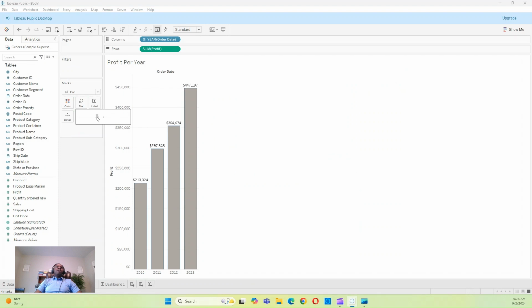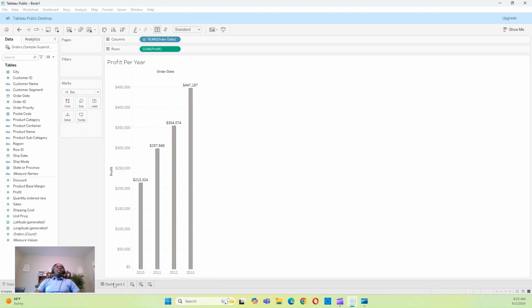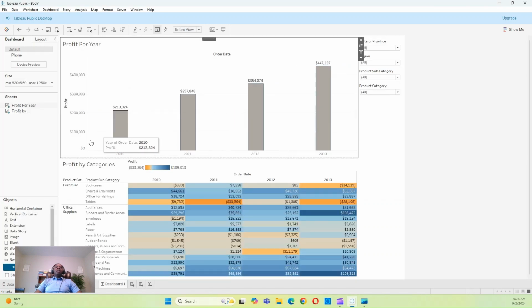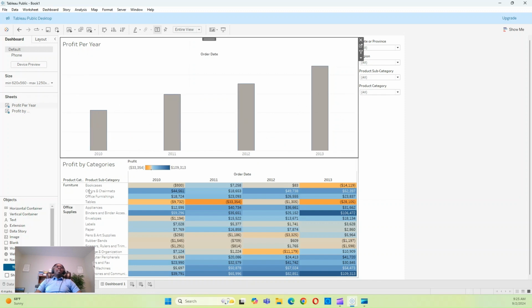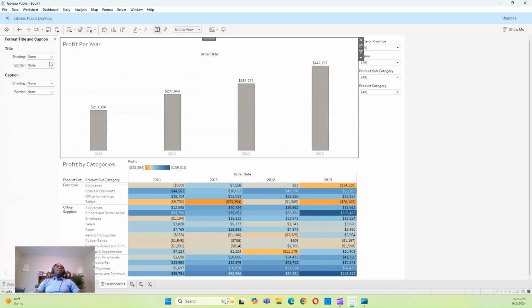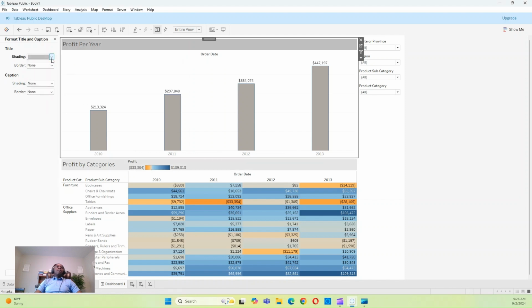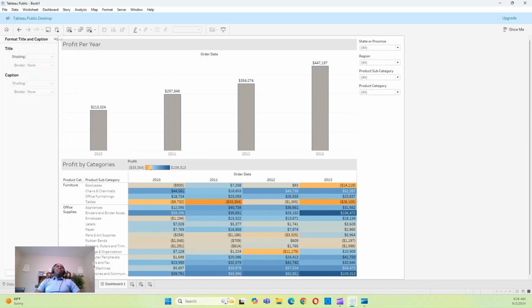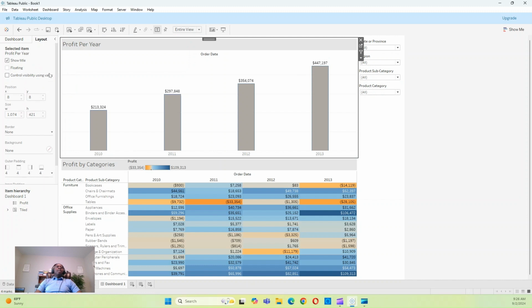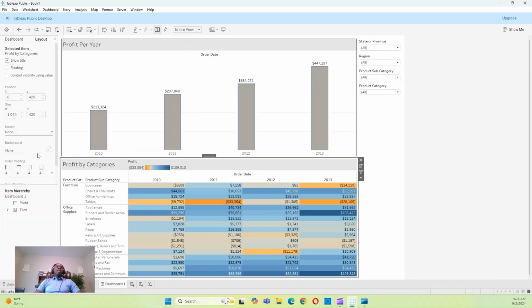You can change the size of your bars. So you can see the bars. You can remove the axis. Then you can highlight, you can format the title, put some shading in it. And you can do the same for this one. Make it uniform. You can also add a boundary if you want them to stick out nicely,